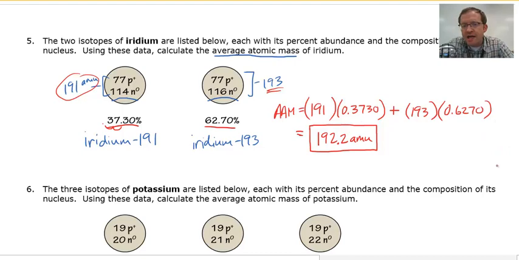Now we just want to emphasize that when we say average atomic mass, we're saying that of all the iridiums out there in the world, the average iridium atom has a mass of 192.2. There is no iridium atom with a mass actually being 192.2. That's the average of them all. And like Mr. Mitchell made the good example of in large group, if we ask you how many girls are in the average class at Legacy High School, you might say 13.7. But you're not going to be able to find 13.7 girls in any class because people don't come in fractions